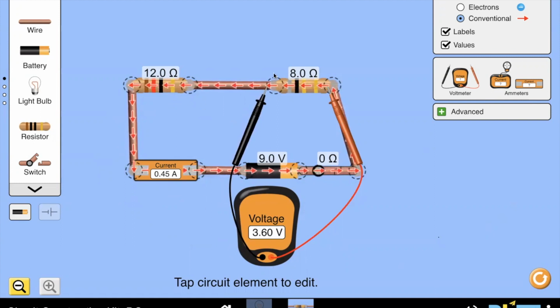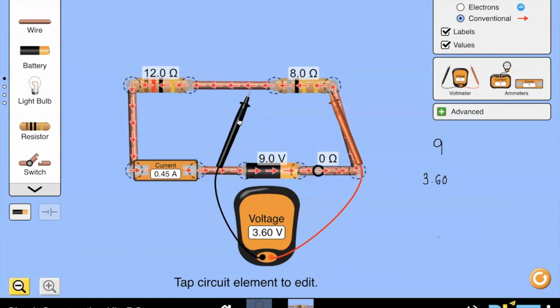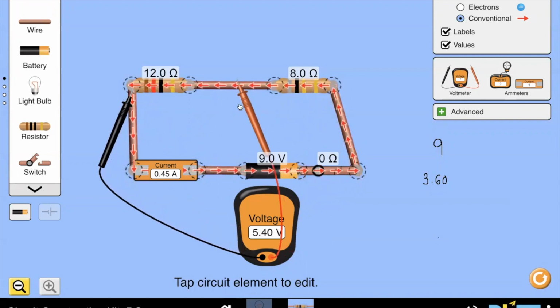volt. So now there are only two places where voltage can be consumed. So I'm going to place the voltmeter only here. And now let us see the total voltage that was given by the cell was 9 volt and the total voltage consumed. So let's use the same reading again. Here the total voltage consumed is 3.60 volt and that is being consumed by the 8 ohm resistor. Now let's take it back to the 12 ohm resistor and let us see the reading. It is